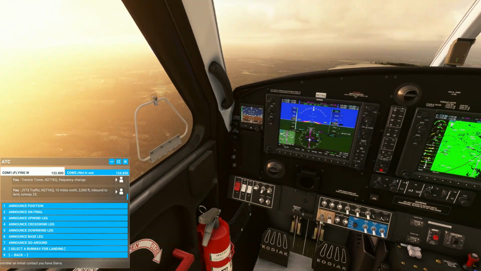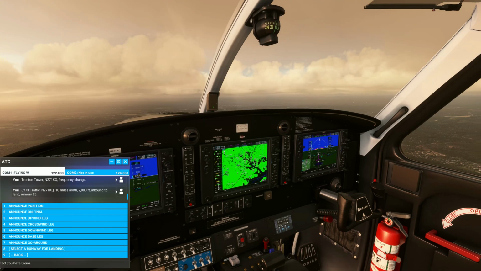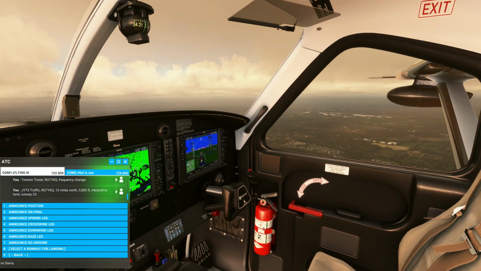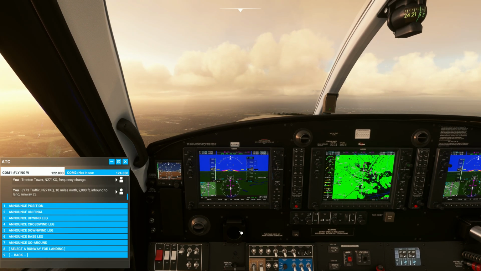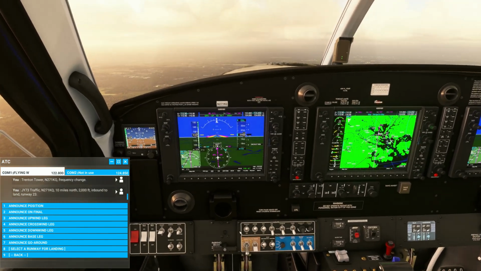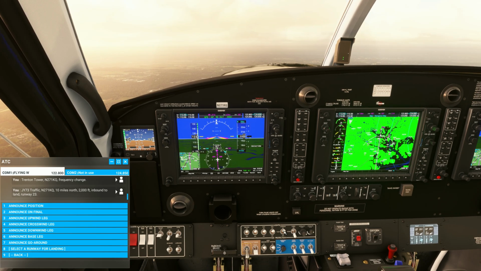So, not that this plane can do it, but one thing that you always have to remember is below 10,000 feet, there is a speed limit of 250 knots or below. You always want to make sure you never exceed that limit. Anyhow,